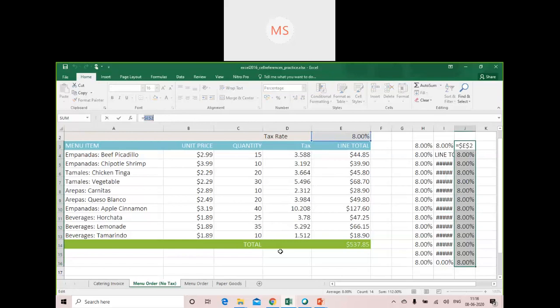Once you get this, now what you can do is calculate the total of these particular cells. Instead of doing an addition operation on each and every cell, you can simply make use of functions.